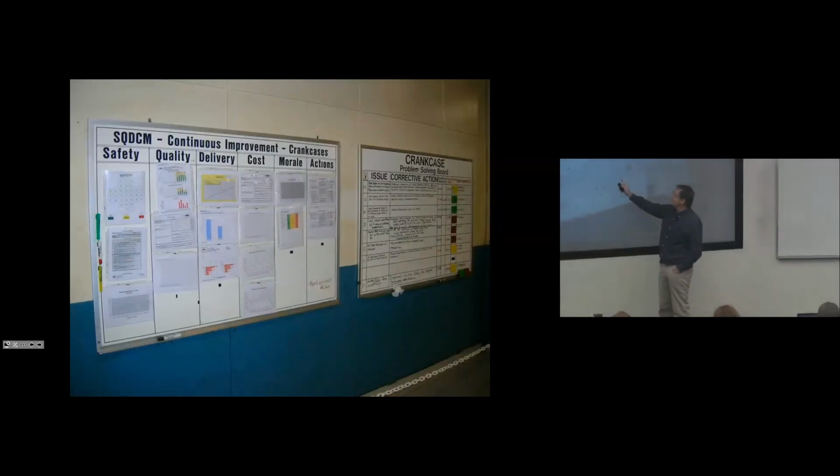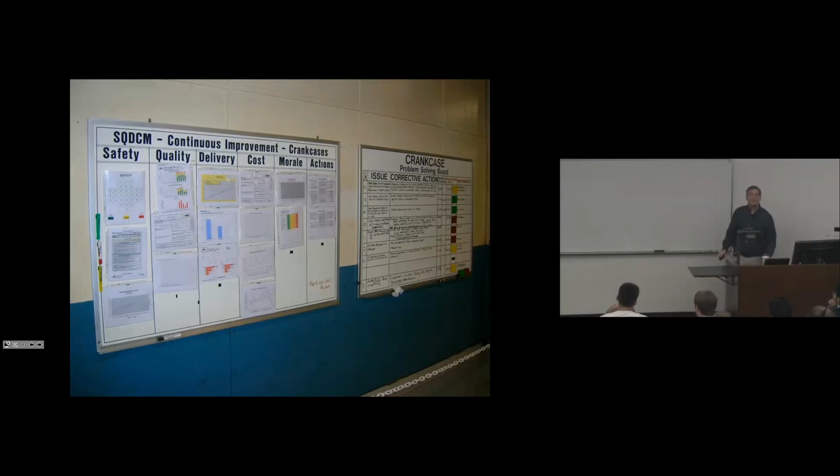So here's our SQDCM board, feeding our continuous improvement board. But remember, I don't say, what are we doing about this issue? I don't see it on the board. We don't say that because the issues that are being solved at the floor level are small, and they usually don't relate to the data. You have faith and trust that if the organization's driving improvement, your metrics will improve. Doesn't mean you can't ask. You can ask, because sometimes there are issues that are real clear. It may be that engineering has a project they need to implement, and you can ask those questions.